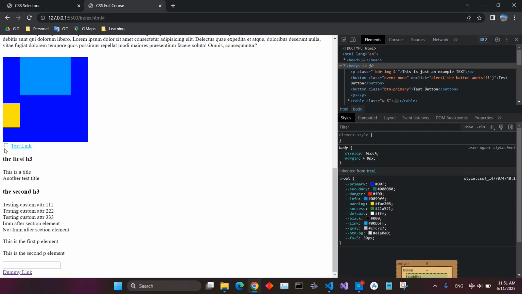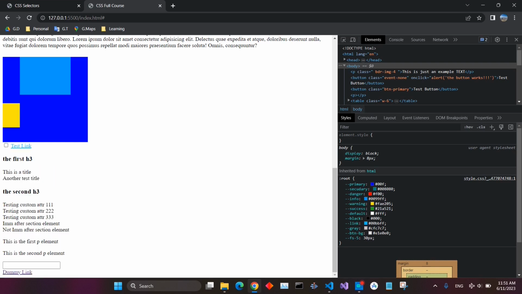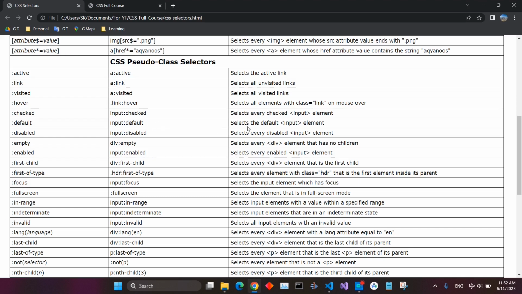So this is our input. When we check, you see it got huge. When it's not checked, it is like that. Then you have default selectors and the default input element. It can be any other element as well, the default, and you can have disabled, you can have a disabled button. So most of the time these are just the attributes. You have the disabled attribute, and then you have also the checked attribute for the input, and then you can style any